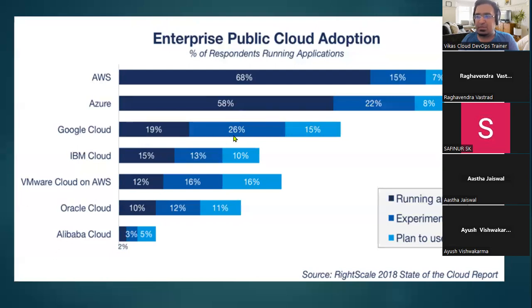26% experiments are happening. Guys, see it this way: experiments are happening more than this. So in the future, Google Cloud may compete with AWS and Azure as well. Azure is not very popular in terms of AI, machine learning, and futuristic Kubernetes-related things. But Google Cloud is bringing futuristic services, and people are using Google Cloud for AI and machine learning.